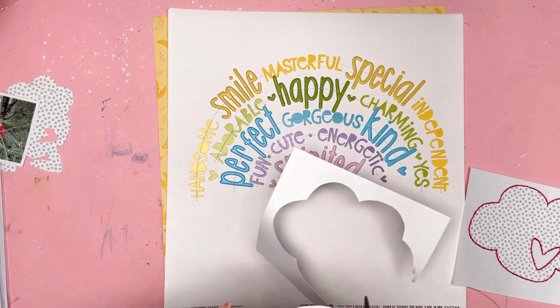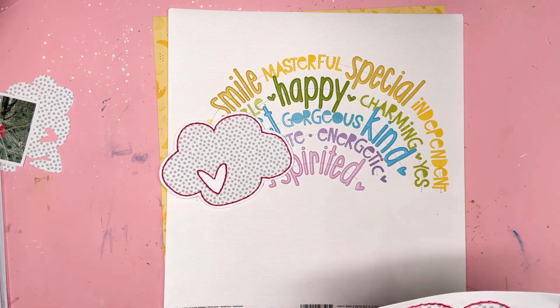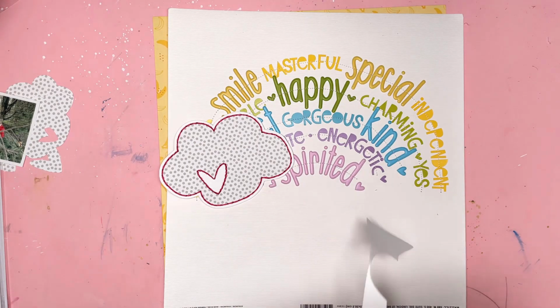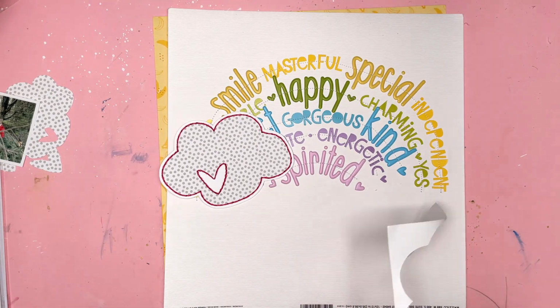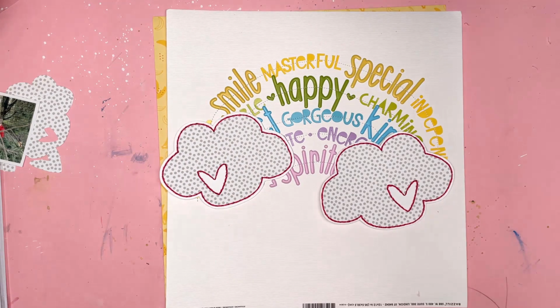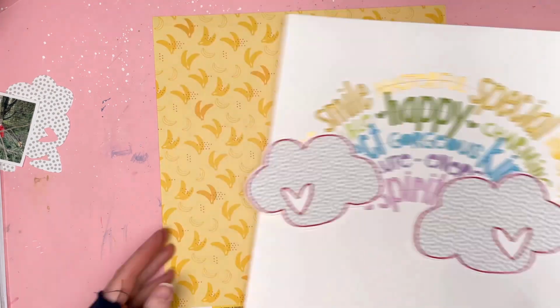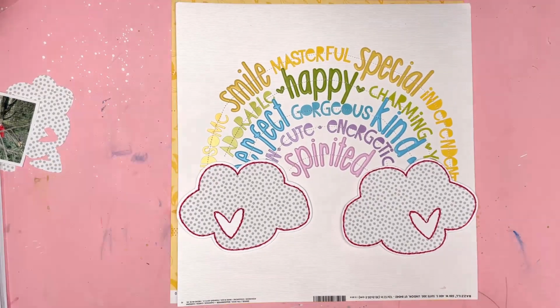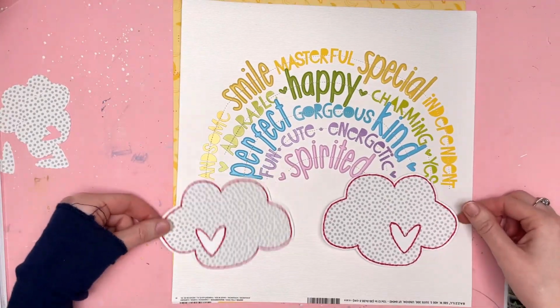And now I'm just going to trim around that, just freehand using my scissors, and this gives me a small white border. It's not a perfect border because I didn't cut it on my silhouette, but it's hand cut around the edge, so it's pretty good. It's as close as it could be to perfectly cut when using scissors and not a silhouette, so I'm happy